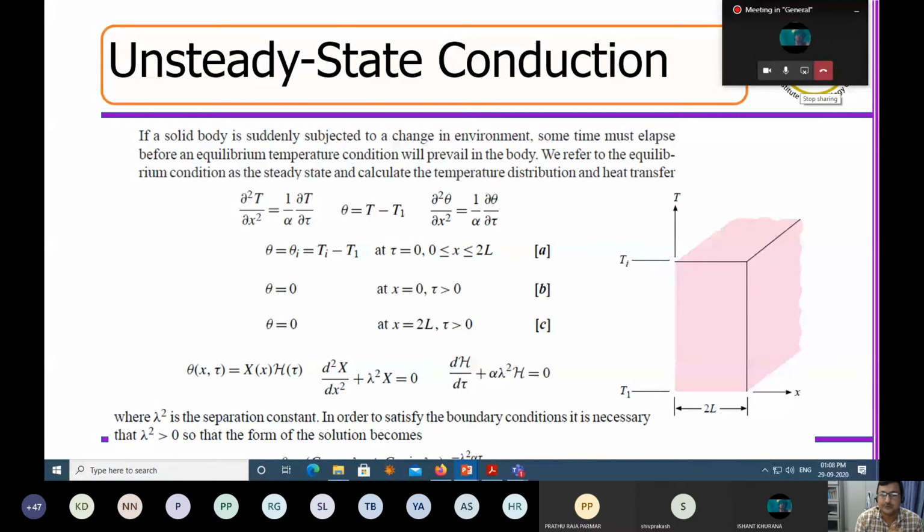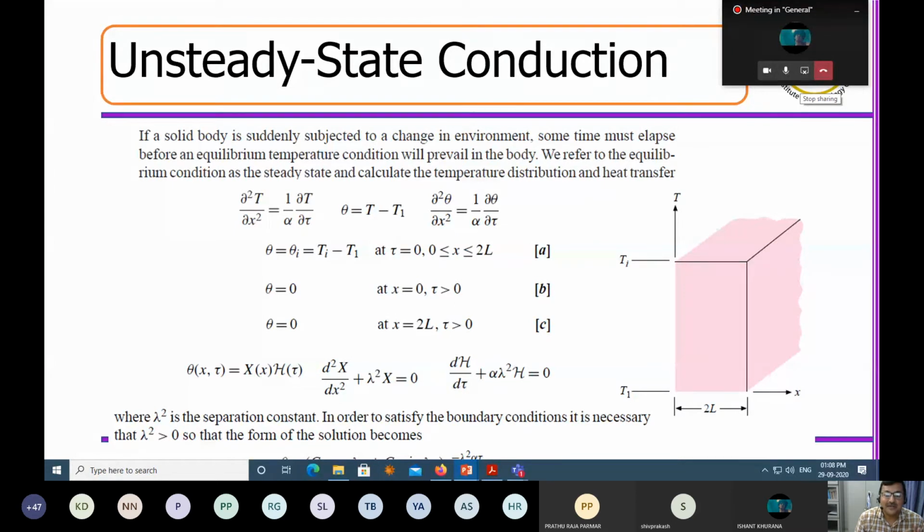Now, if this problem has been posed in front of you, how do you solve it? You have to solve it using the unsteady state heat conduction equation. What is the starting point? This is coming from the same equation that we derived in the last class: del square T by del x square equal to 1 by alpha del T by del tau. Now the time is here. If I give a transformation in terms of the temperature difference, it comes out like this. This is true for a slab. For a sphere or a cylinder, the transformations and the governing equations will be different.